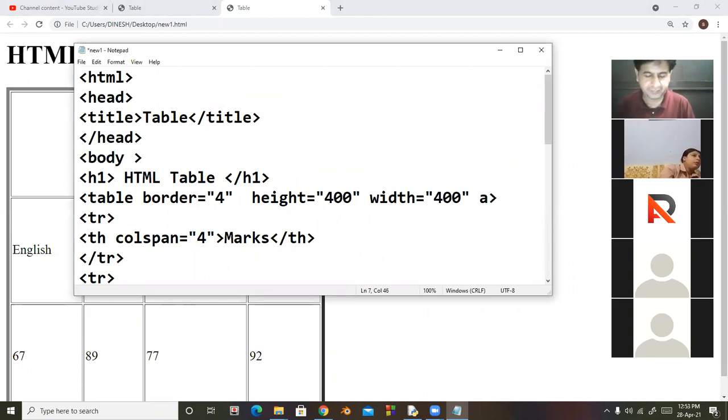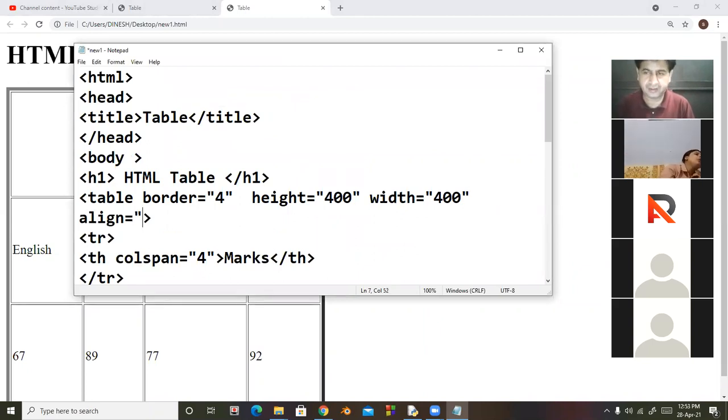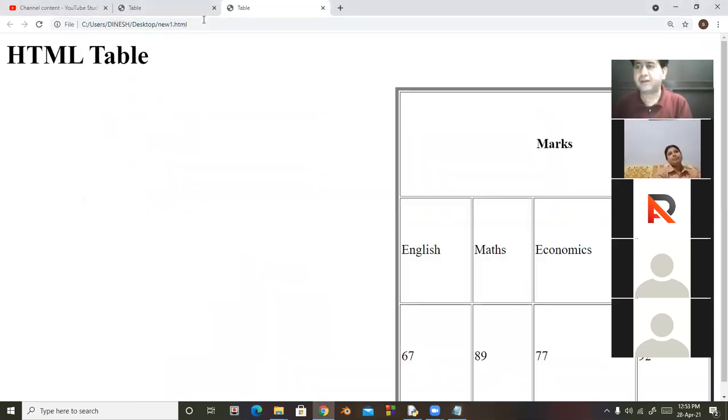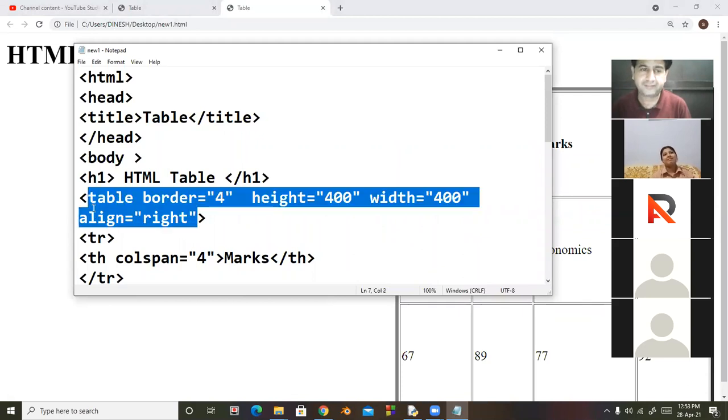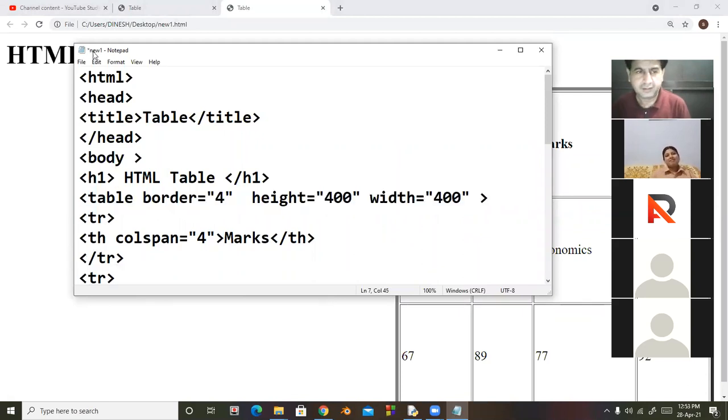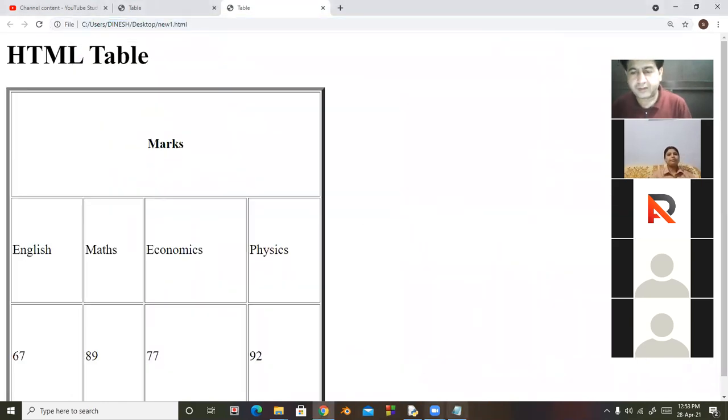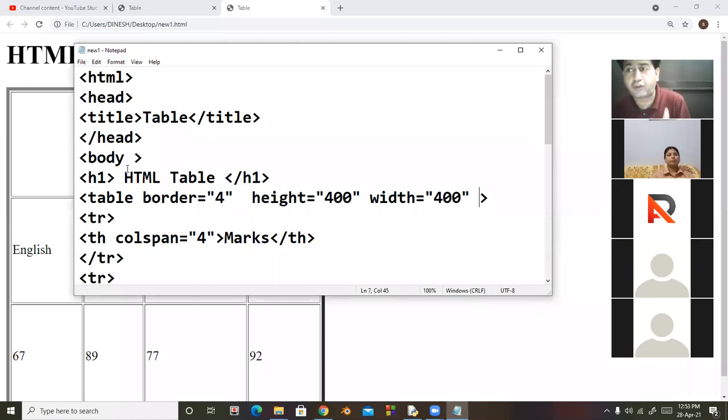Look at here. Align equal to right. I save the file. Look at here. Complete web page is in the right side. So if we want to align the contents, these are the align attributes of TR tag or TH tag or TD tag.